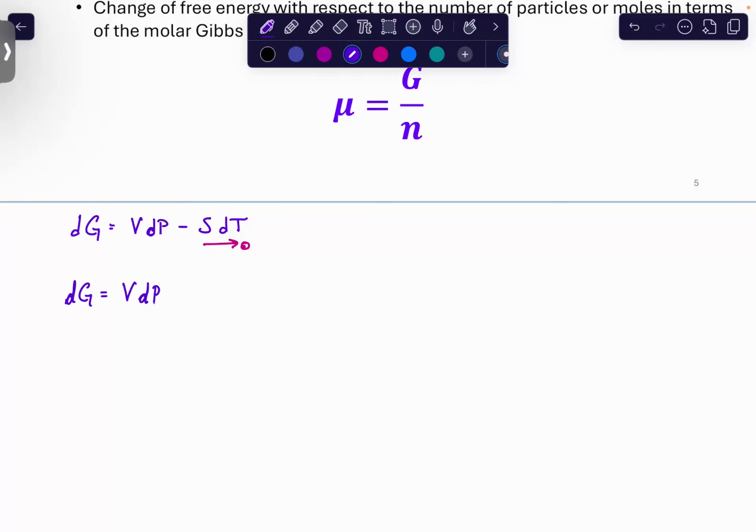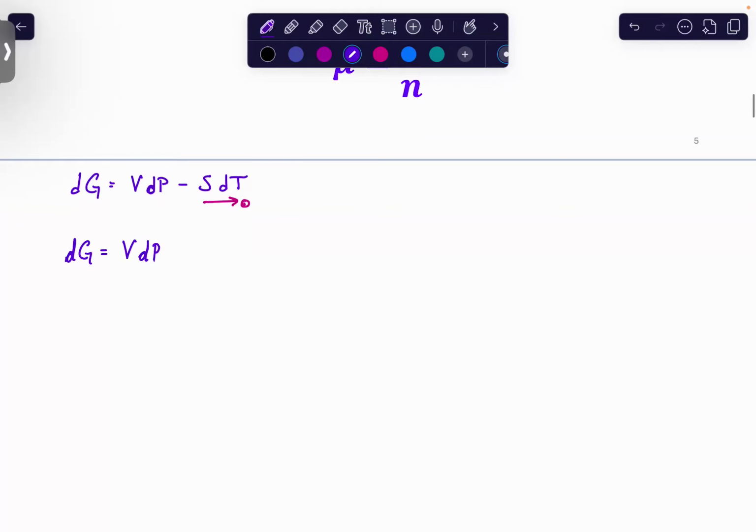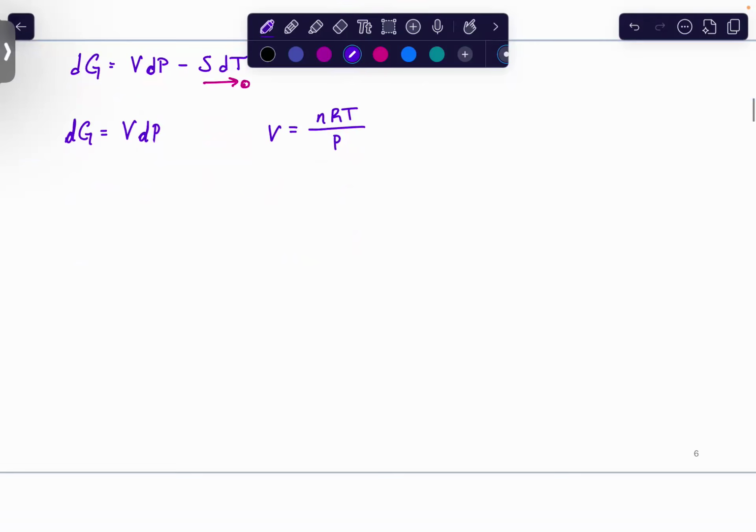So we're going to get this differential equation. And then we remember that V is RT over P. And what we're trying to do is get to a more common expression of chemical potential. Okay, so this is going to mean that we now have